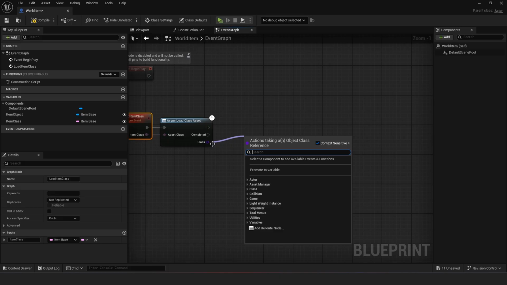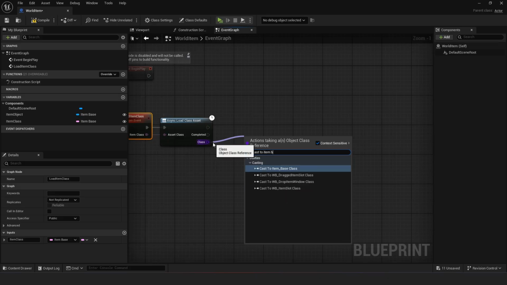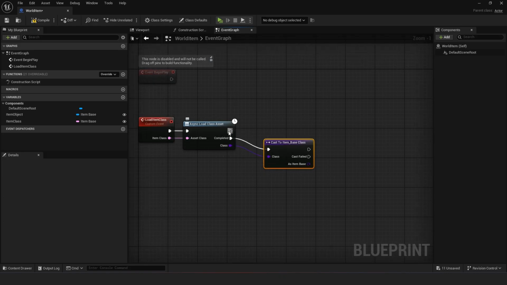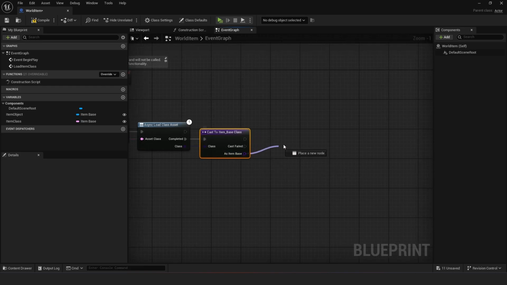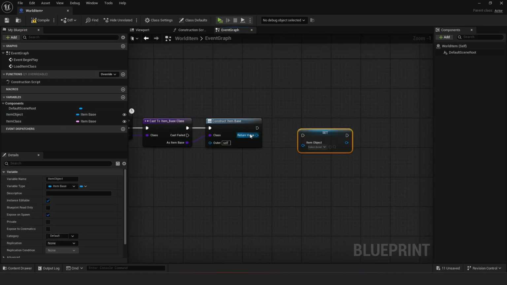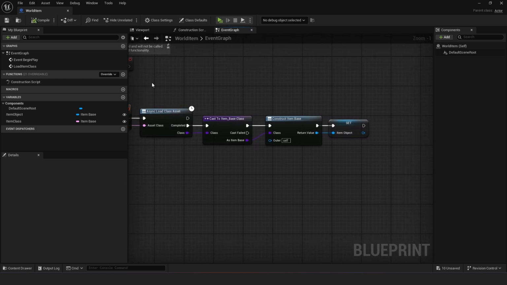Once it's loaded, we can then cast to the item base. And we do need to make sure it's on the completed pin, not the top one. I'm not sure why it auto connects to that. And then we can create object from class, and we can then set the item mesh like so. And then